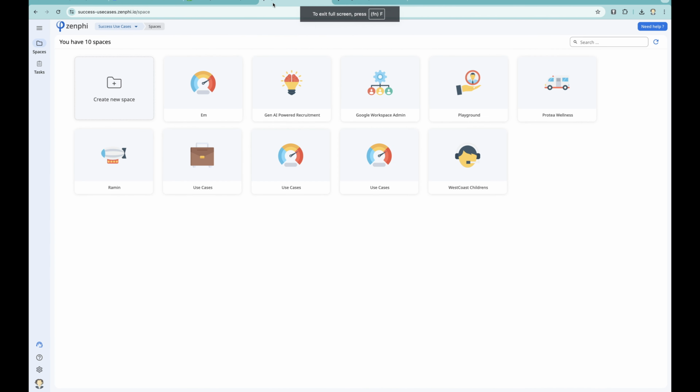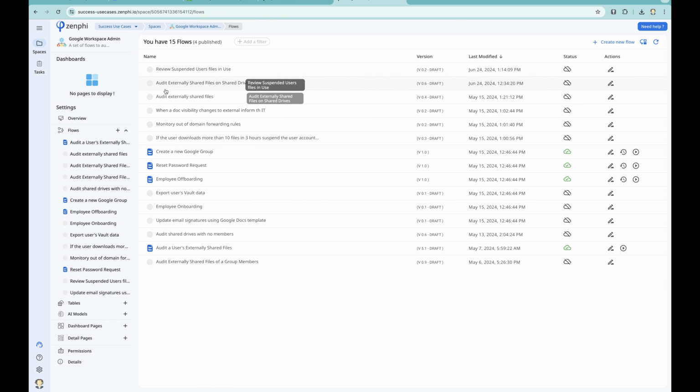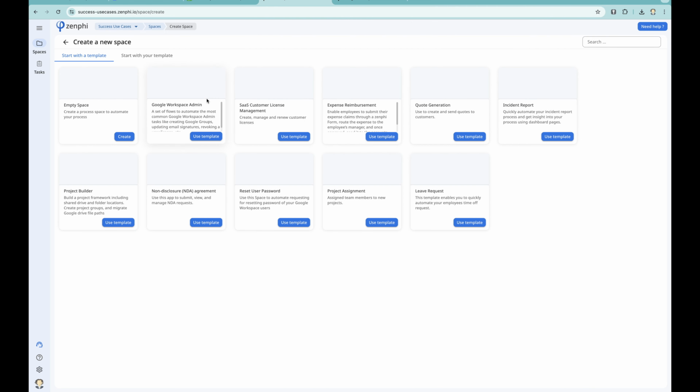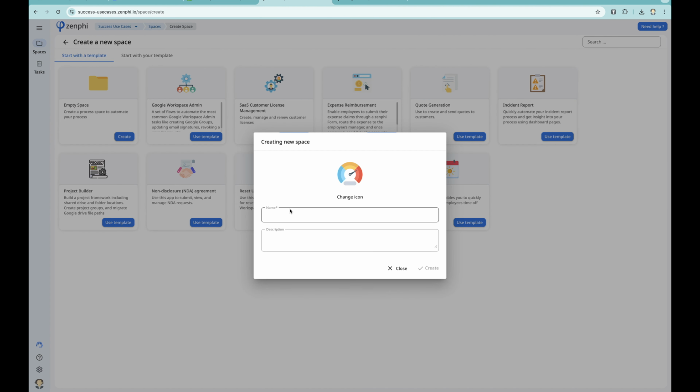Okay, let's go to Zenphi. So what I'm going to do, there's already a workspace here. As you can see, there are some of the workflows we already have got, and the templates available for these ones. But like I said, we're going to start from scratch. So if you're new to Zenphi, you can create a space, which is a logical grouping of everything you need to automate your processes. You can use one of the templates, but I'm going to create an empty space and say